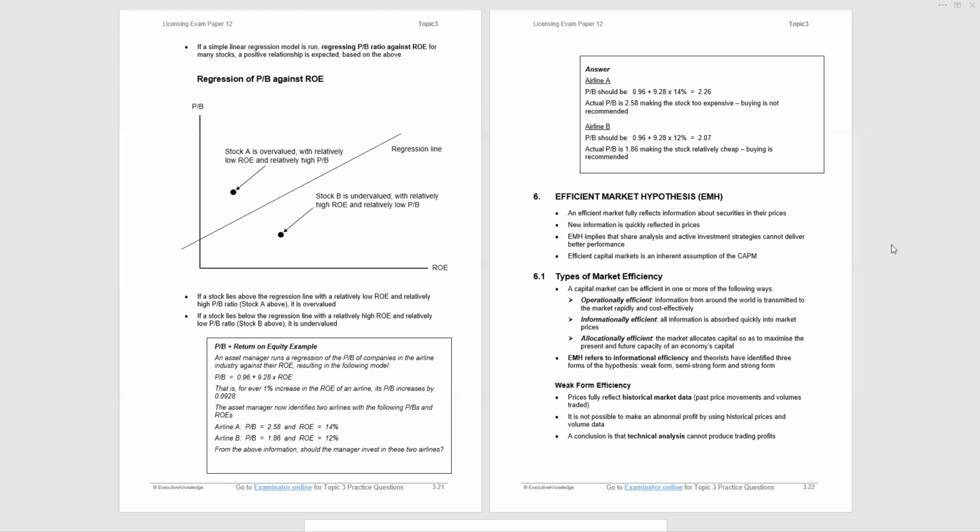What is the weak form efficiency? We say that prices fully reflect all historical market data, both price movements and volumes. Therefore, it is not possible to make abnormal profit by using historical prices and volume data. And a conclusion that comes from that is technical analysis, that's looking at past patterns of prices and volume, cannot